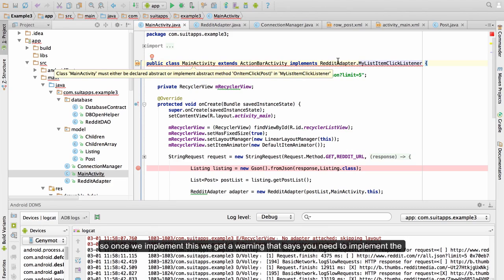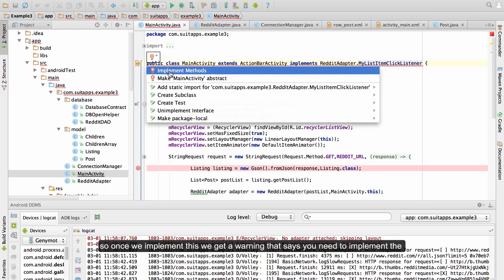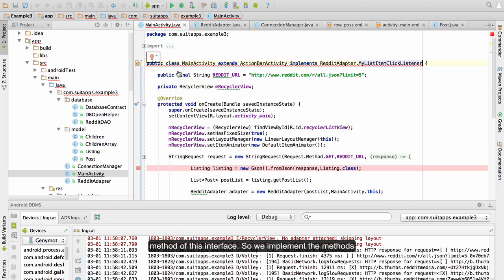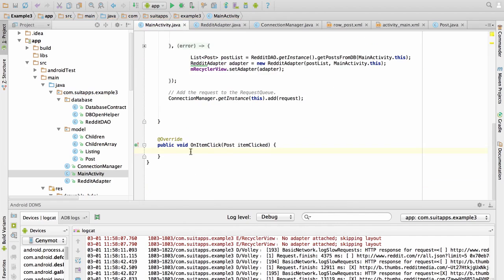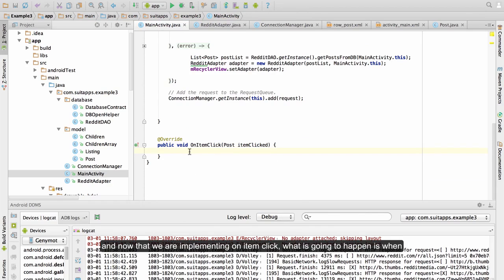Once we implement this, we get a warning that says you need to implement the method of this interface. So we implement the methods. And now that we are implementing on item click, when I send a click event, this method is going to be called.